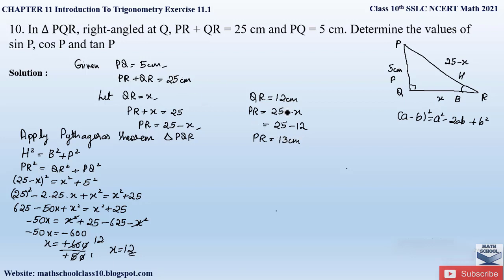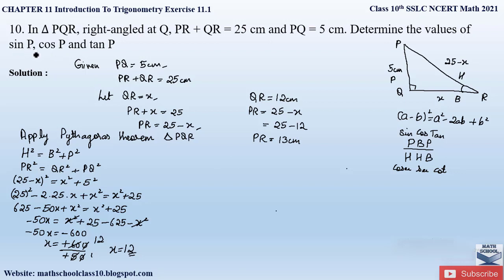Right, so we have got all the three sides of this triangle PQR. So now we can find out the value of sin P, cos P and tan P, the trigonometric ratios. The best way to remember the trigonometric ratios is to remember this relationship or the fraction PBP divided by HHB. So here the trigonometric ratio for sine is perpendicular by hypotenuse. For cos it is base by hypotenuse, and for tan it is perpendicular by base. And similarly the reciprocal of all this will be cosecant, secant and cot theta, right?